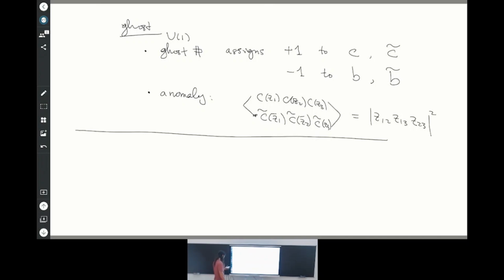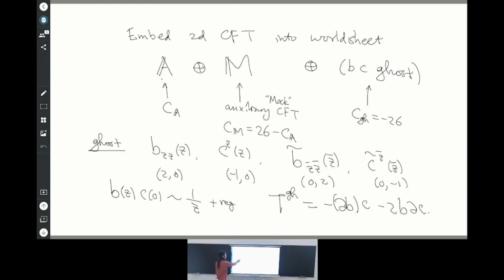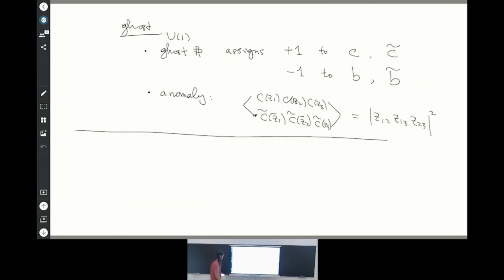Okay. Now, that's the worldsheet theory. So we have the CFT-A, we have this auxiliary sector, we have the BC ghost. Total central charge equal to 0. The special feature of the total central charge being equal to 0 is that when these conditions are satisfied, there's a BRST symmetry,